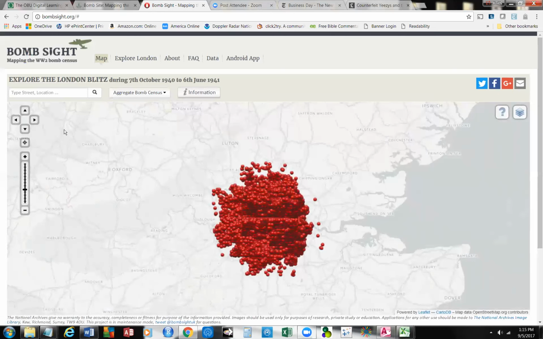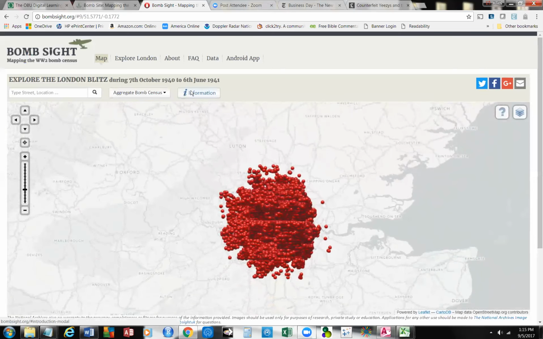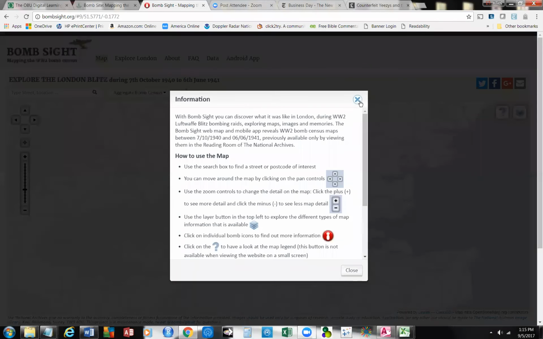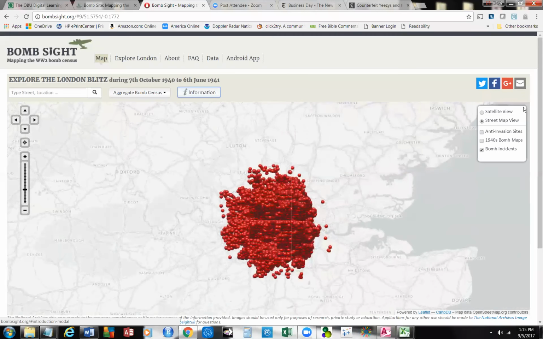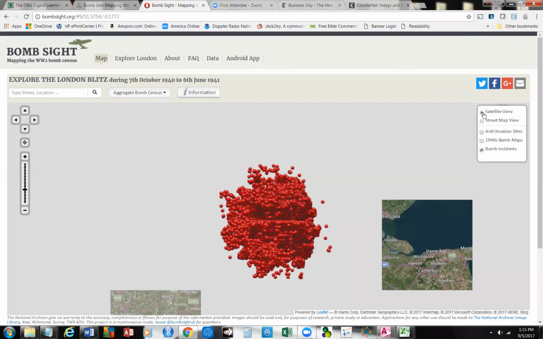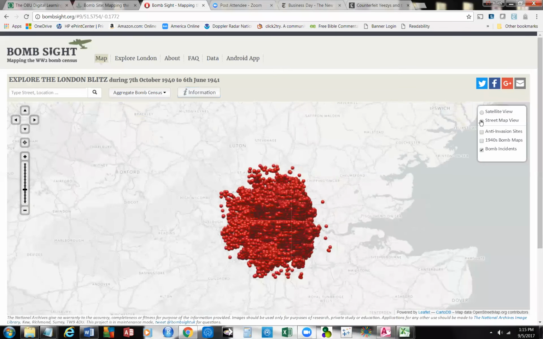That's that whole. And you could navigate around this map, and this gives you the information from where they procured it, how to use the map, that type of thing. This is not possible unless you have a database. And this is a street map view. We'll put it into the satellite view, and you can see. Okay. And they also have these are what they call incidents, and these are what they call anti-invasion sites. Let's see if those pop up. Yeah,